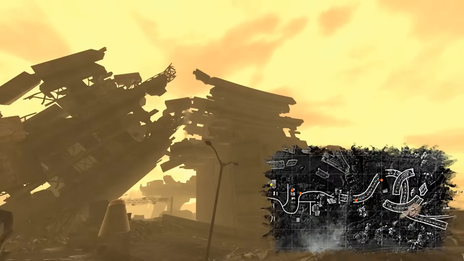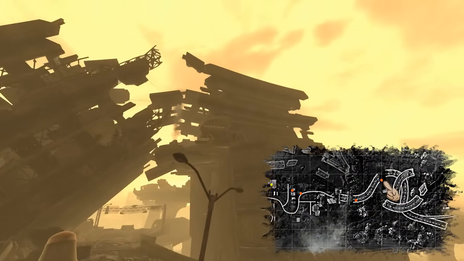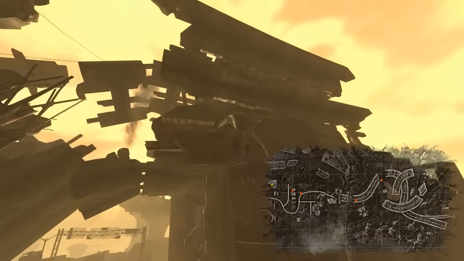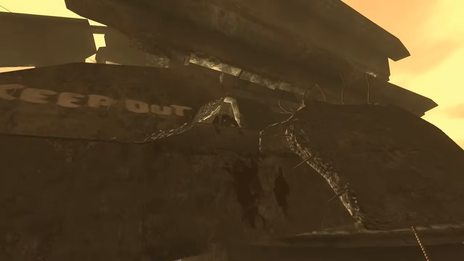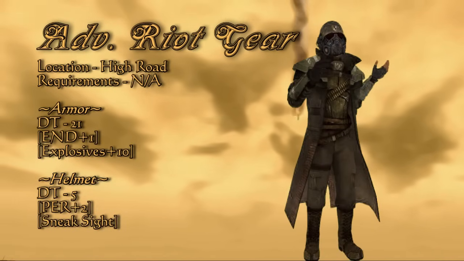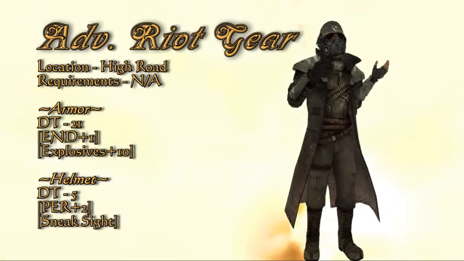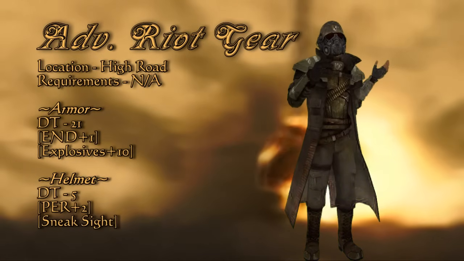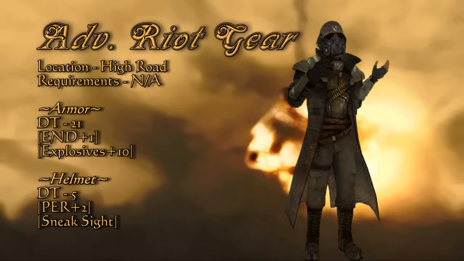The obvious landmark in front of you at this point would be the toppled skyscraper over High Road, and when you find your way up this crooked structure, you will be met with a deceased NCR Riot control officer, who is wearing the advanced Riot gear. Wearing this full set of medium armor will yield a damage threshold of 26. The body armor will give you an explosives bonus of 10, and +1 to your endurance, while the helmet raises your perception by 2, and will give you low light vision when you activate Sneak between 6 PM and 6